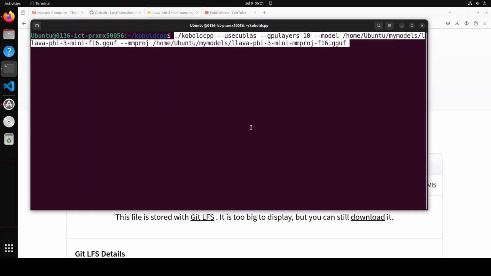So first, let's see what is happening in this command. I'm just calling Cobalt CPP. I'm using this --usecublas, and this cuBLAS is relevant for NVIDIA's GPUs. And in cuBLAS, this BLAS stands for Basic Linear Algebra Subprograms, and it resides on top of NVIDIA's CUDA runtime, and it is designed to leverage NVIDIA GPUs for various matrix multiplication operations, or in simple words, just to optimize the running of